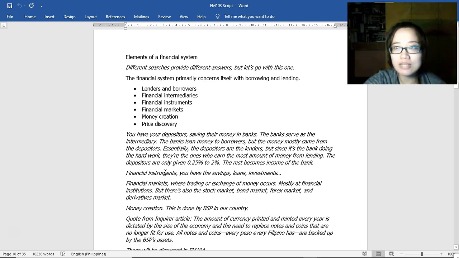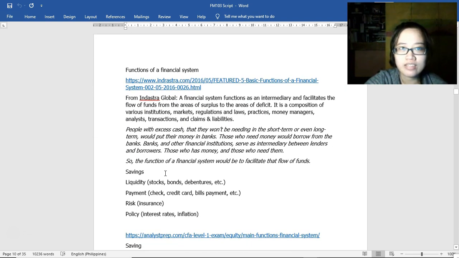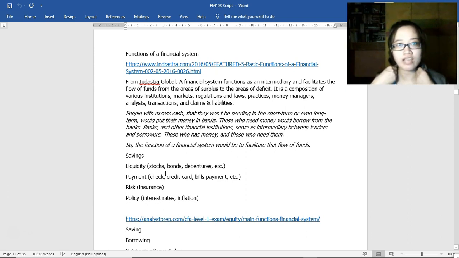Okay, so again, these are the elements of a financial system. Okay, third subtopic, we have the functions of a financial system. So this one is an article from Industria Global. So a financial system functions as an intermediary, the banks and the non-bank financial institutions, and facilitates the flow of funds from the areas of surplus, the lenders who have the extra cash and put it in the financial institutions, to the areas of deficit, those people who don't have the money but need it. Okay, so they go to the banks to borrow money. So essentially that's the function of a financial system, to make these two parties meet in the middle through the financial